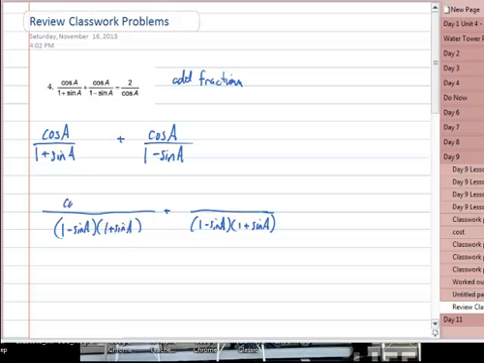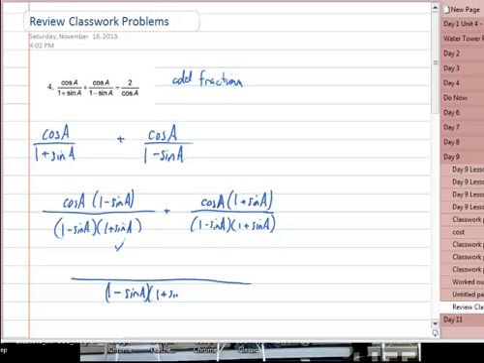So this had a cosine of a in the numerator, and it had the 1 plus sine of a. So I'm just going to multiply it by 1 minus sine of a in the numerator, and on the other side I'm going to use the other term as a multiplier because I'm putting a 1 plus sine of a in the denominator. We have one great big denominator now. It's just going to be 1 minus sine of a, 1 plus sine of a,